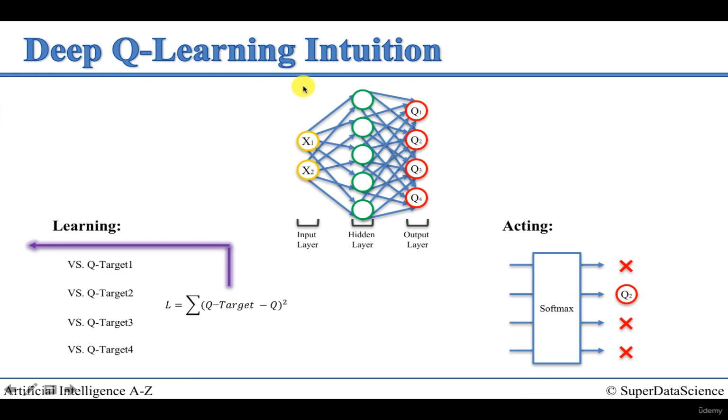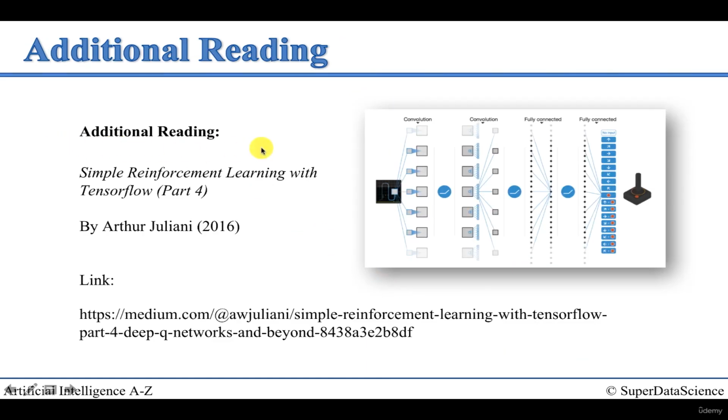We've got lots more to cover off. And then, of course, we've got the practical. And in the meantime, if you'd like to get some additional information on deep Q learning, we've got a recommended reading. So we've already spoken about Arthur Giuliani's series of blog posts. If you look at Simple Reinforcement Learning with TensorFlow part 4, you will find the part that's relevant to what we discussed today. Note that here he talks about convolutions.